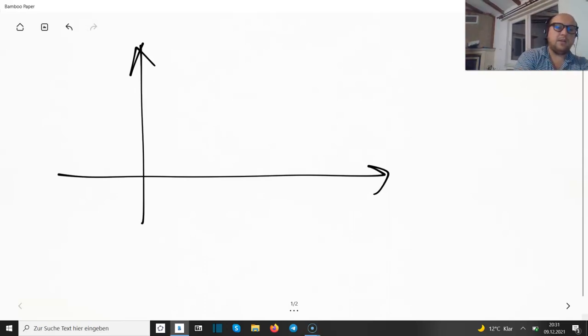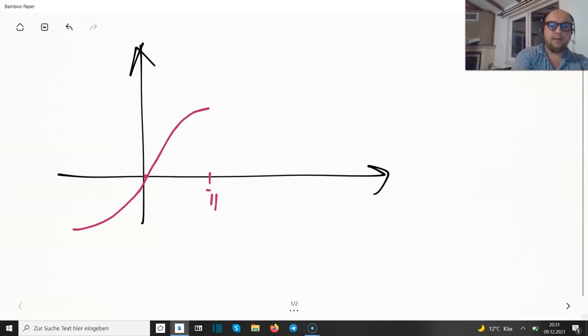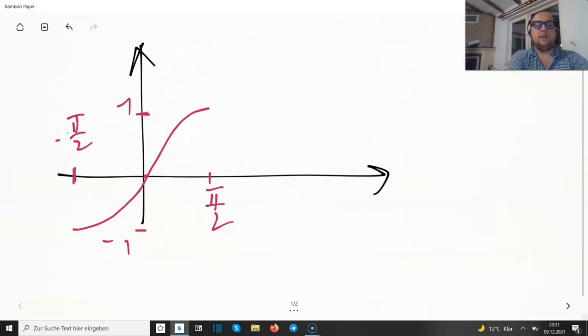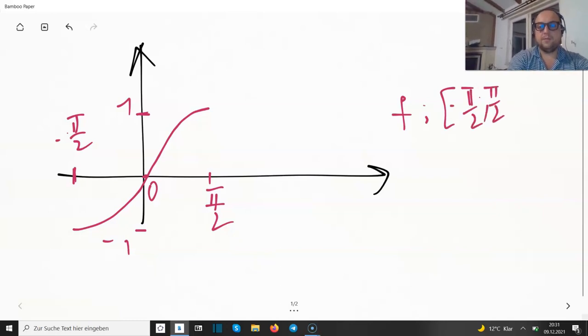And if you remember, the sine curve is the curve which goes through the origin, and it does something like that. So we are at pi divided by 2 at 1, at minus pi divided by 2 we are symmetric considering the origin at minus 1, so this is the value minus 1, this is the value plus 1, so far so good, and 0, 0. All right, so if we define f, it goes from minus pi divided by 2 to pi divided by 2, from this interval to minus 1, 1,